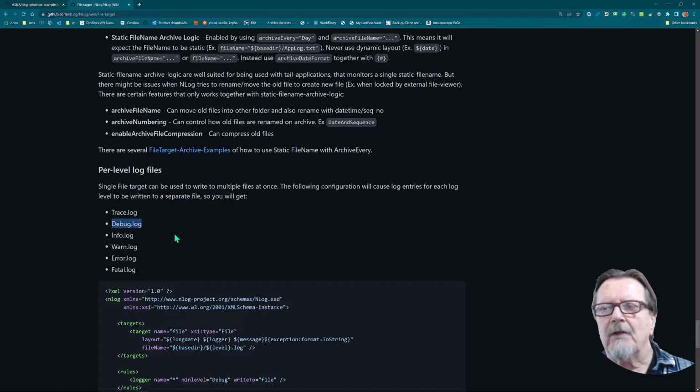And that's the categories in the level of severity. So we can set this up to where we can write any of those categories, any of those types to